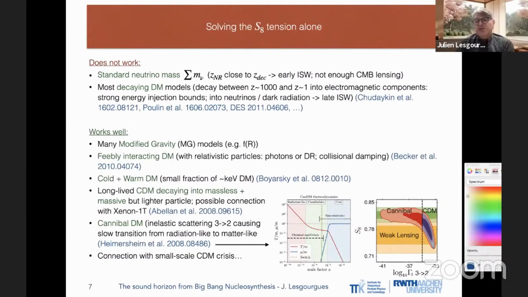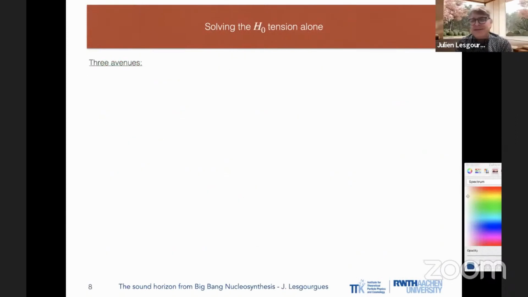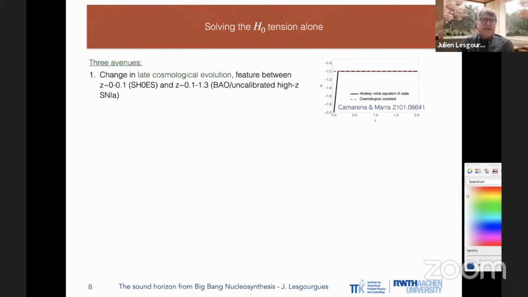Unfortunately, or fortunately, I don't know, solving the Hubble tension with just dark matter or cosmological model building is a very, very difficult exercise. It's much more constrained. There are hundreds of models that have been proposed, the whole landscape, and probably these models can be classified in 3 categories. The first category, I will not spend much time on it because in a few slides I will tell you that I believe that this does not work,